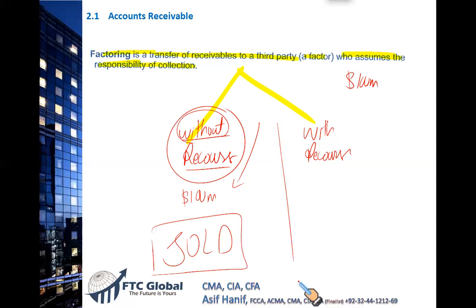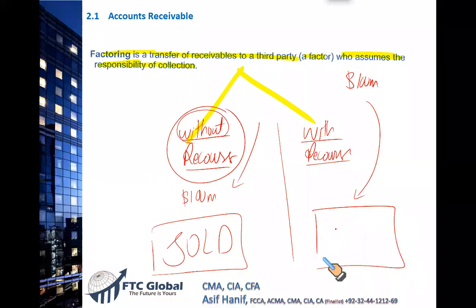But when the customers have been sold with the with recourse condition, it means if any of the customers doesn't pay, the factoring company will come back to me and I will have to compensate the factoring company for the loss sustained. So in this case, since the risk has not been transferred, it may not be considered as a sale. Your account receivables will still show up on your accounts, on your balance sheet, as your customers. So without recourse, account receivables are to be removed. But with recourse means you still have the risk, so they must be reported on your balance sheet.